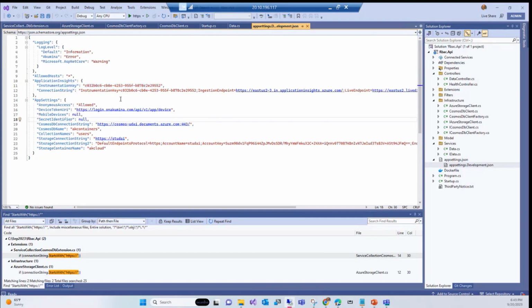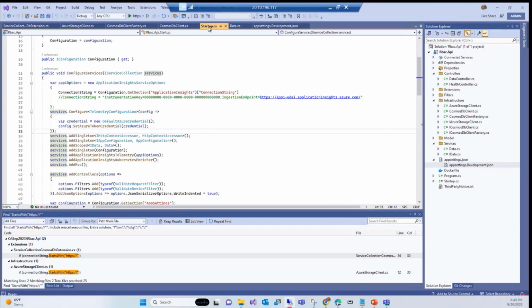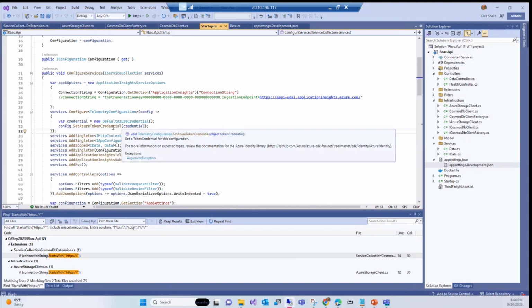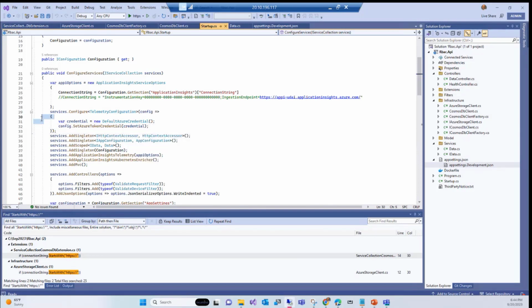So now if you disable local auth, how does it know what to use? It's going to work within the infrastructure. This is where it's going to use the infrastructure. If it is the .NET Framework, there is something called the active connections. You need to set that. The token provider is set in the same way: token credential is equal to DefaultAzureCredential or ManagedIdentityCredential. Either one will work. You set that, and that's how it's going to trust this service.